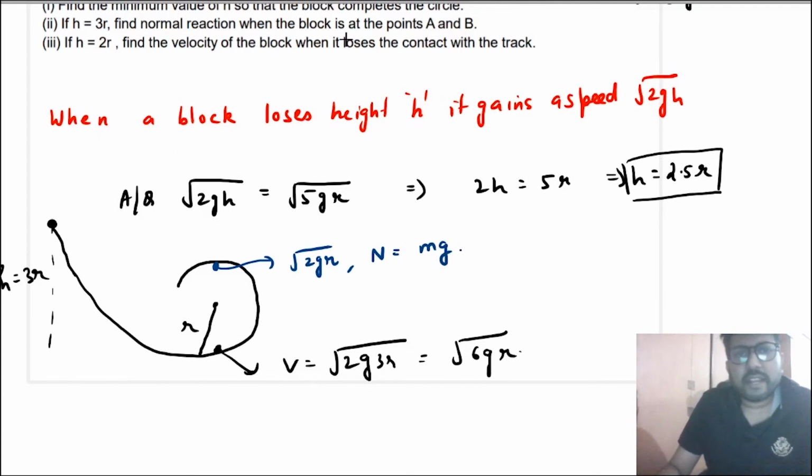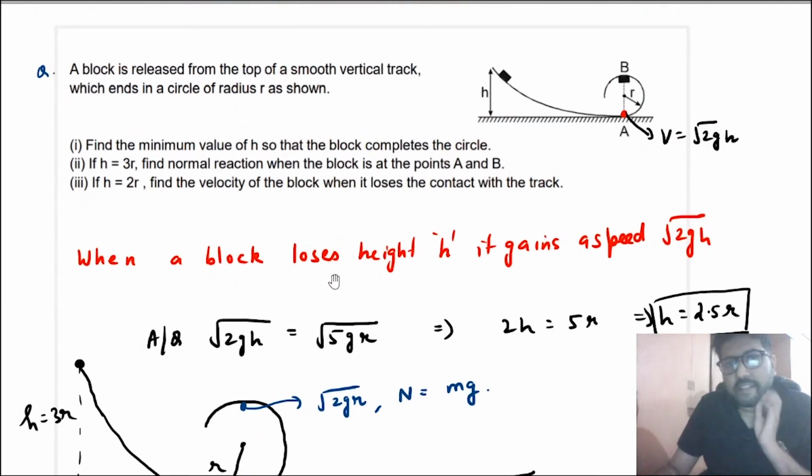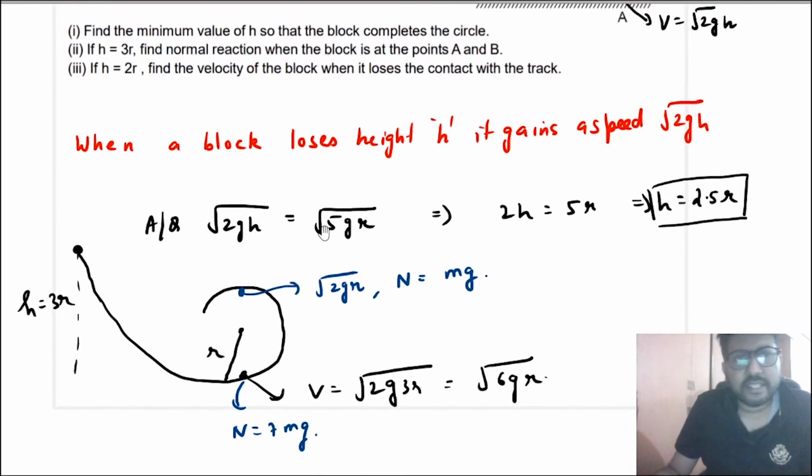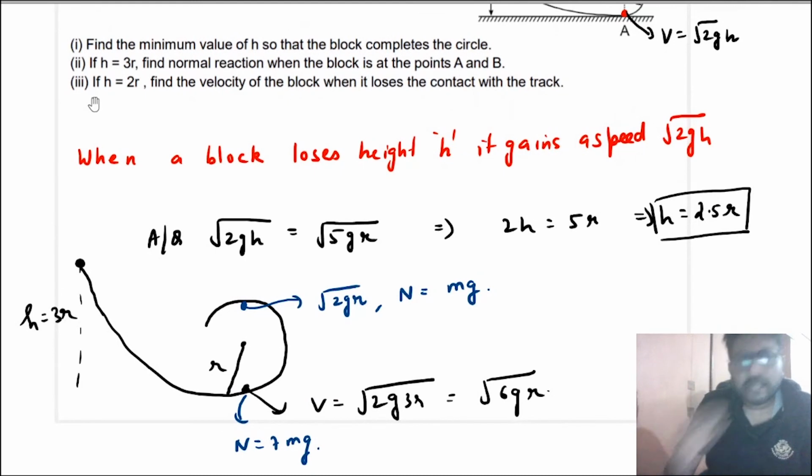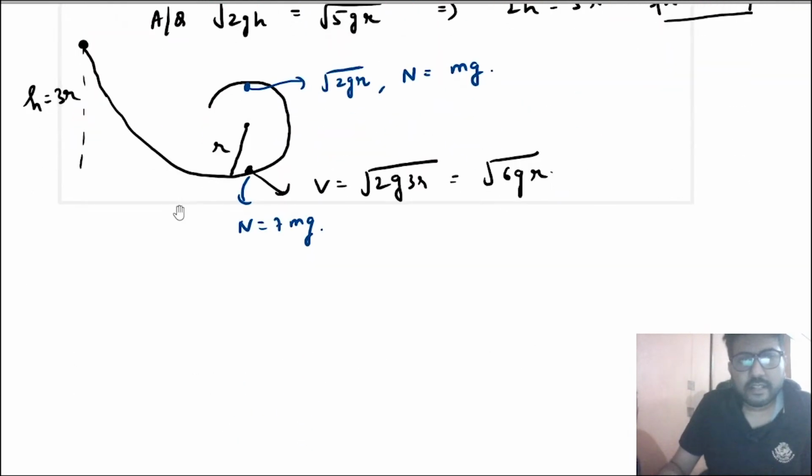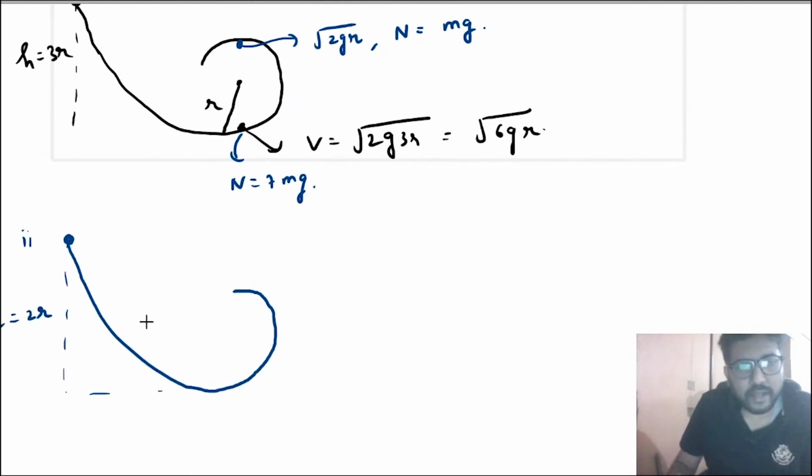So the normal reaction at this point will be 7 mg, because the difference has to be 6 mg. So the normal reaction at these points A and B is 7 mg and mg, and the difference is 6 mg. Now if the height is 2r, then find the velocity of the block when it loses contact. Now if the height is 2r, in that case at this point the speed is